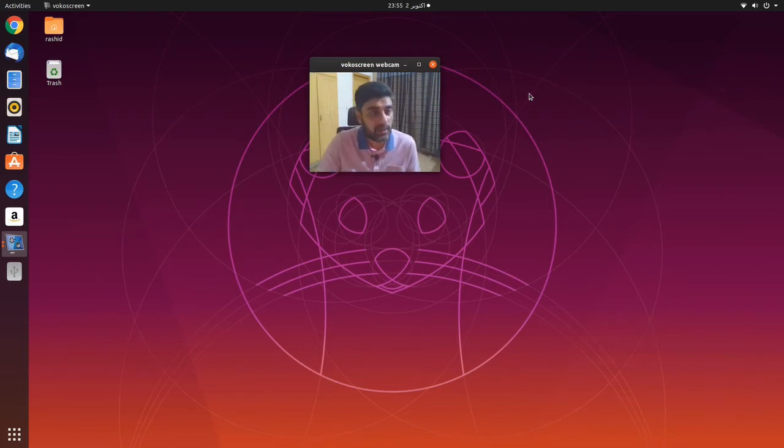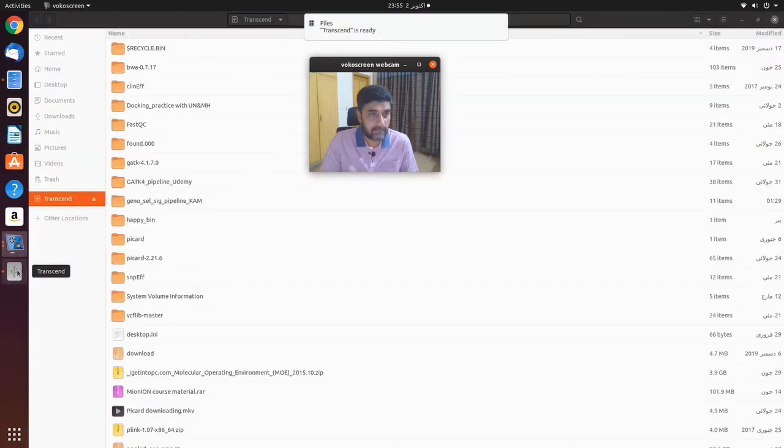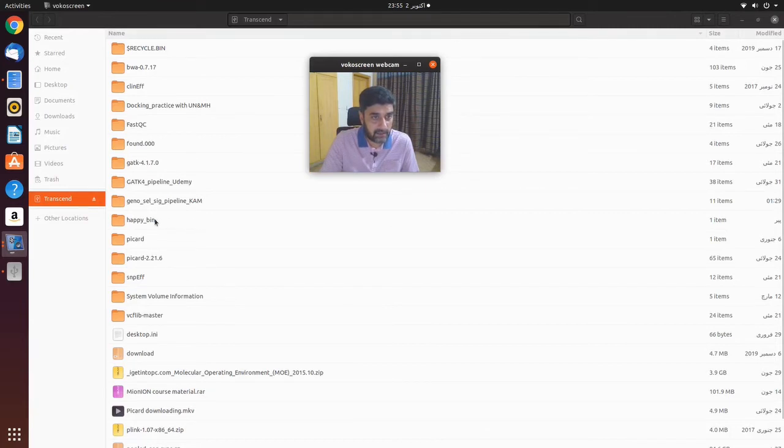So let's go to the first step. Let me open my hard drive. Here in my hard drive I have already made a folder with the name genomic selection signature pipeline for Kamori.